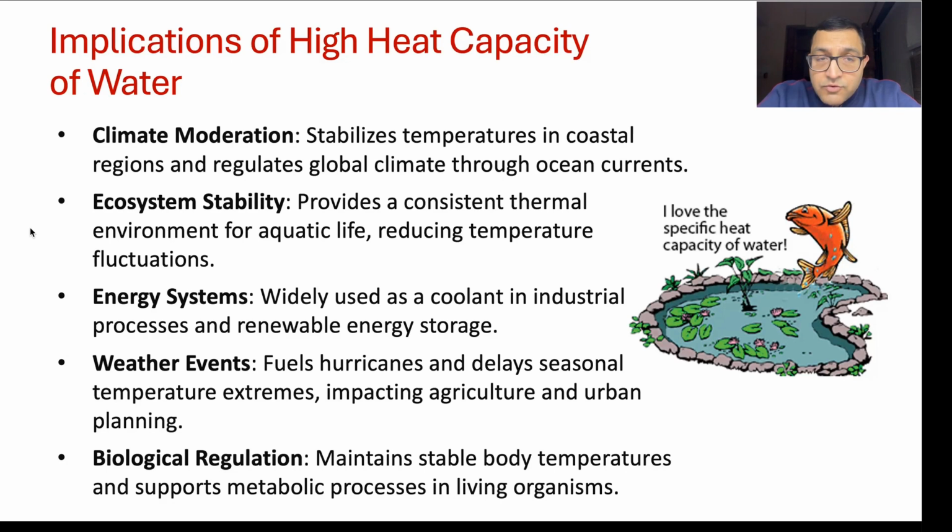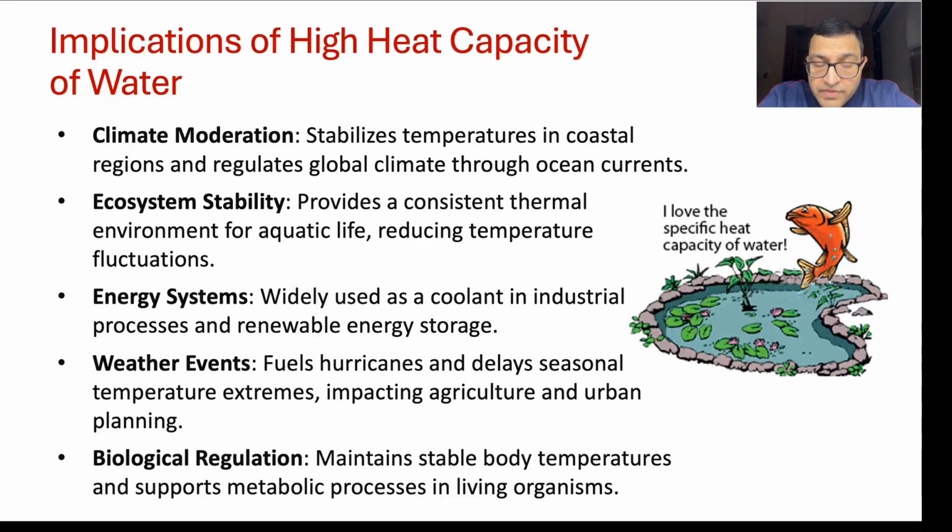That's why we see coastal regions, coastal cities, have more moderate temperatures. They don't see wild temperature swings because the water nearby acts as a big thermal sink, and this high heat capacity also leads to ecosystem stability because it provides a consistent thermal environment for aquatic life. There are not, as we said, a lot of wild swings in temperature, and it reduces temperature fluctuations. And for the same reason, water is used as a coolant in industrial processes and also for renewable